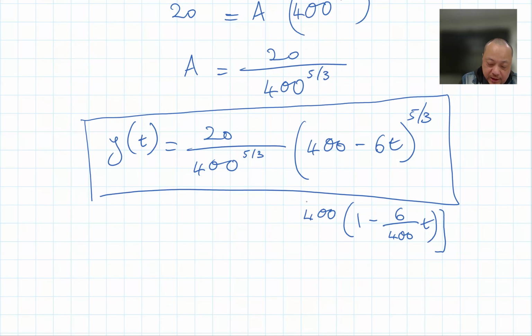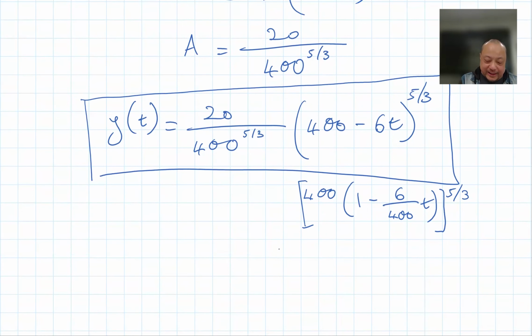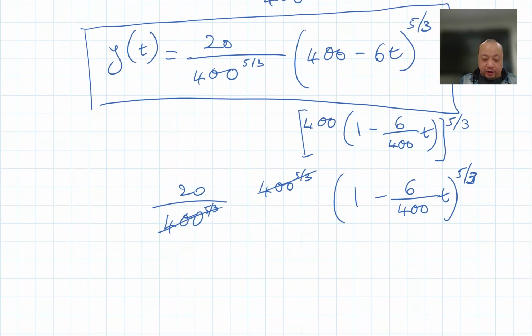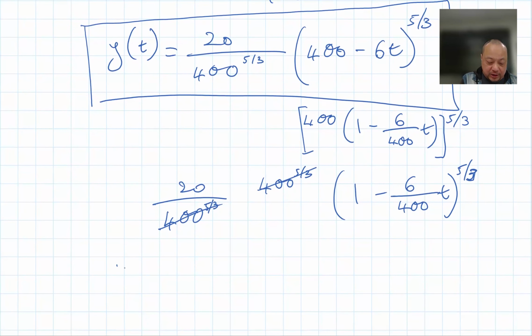And then the whole thing is raised to the power 5/3. And that means I can separate out a 400 to the 5/3 separate from this. And then if I multiply by 20 over 400 to the 5/3 in front, then these cancel. So an alternative form of the solution is y of t is equal to 20 times